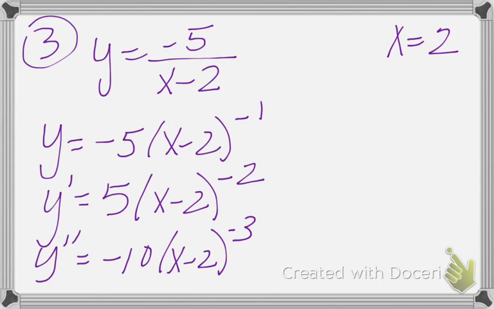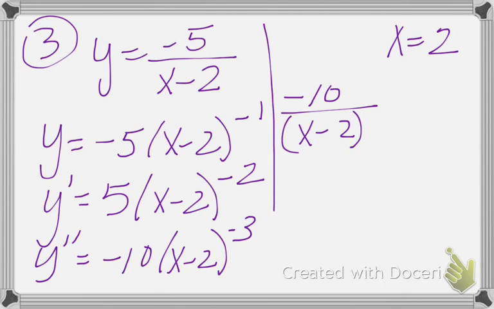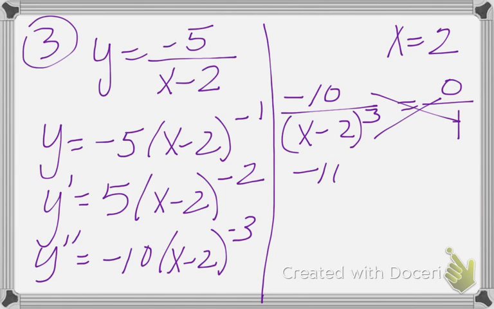And if we rewrite that without the negative exponent, it's going to look like that. Okay, so the second derivative, set it equal to 0, cross multiply, we get -10 equals 0. We know that's not true, so that means that there are no points of inflection,